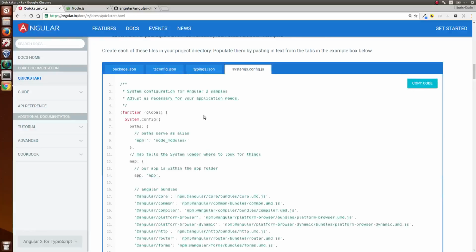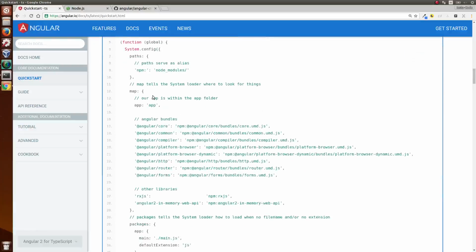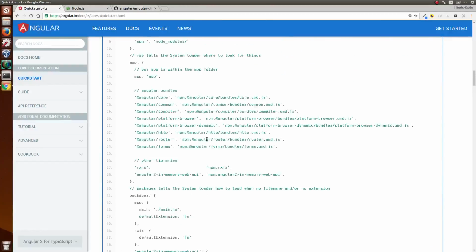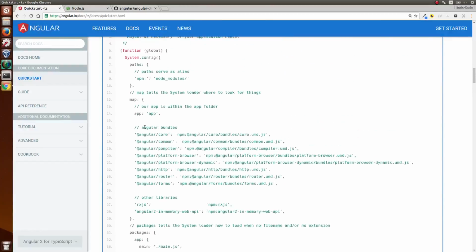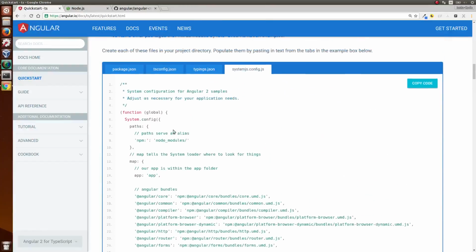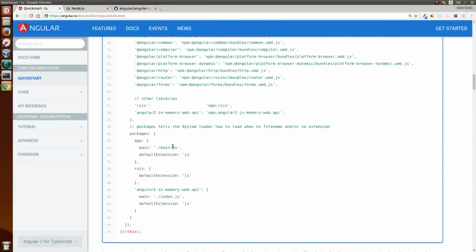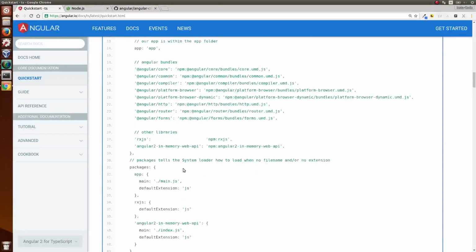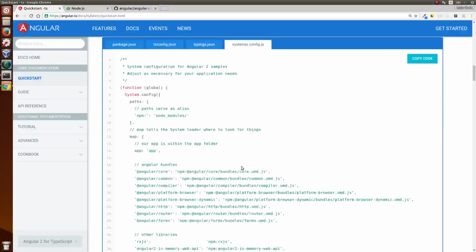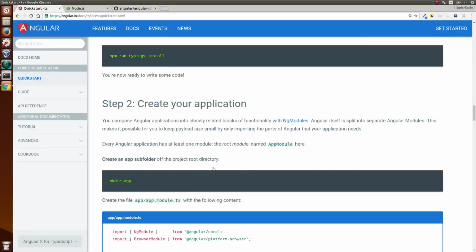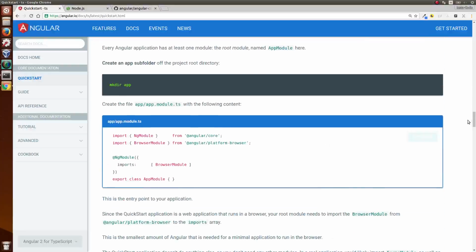Also tsconfig, this is basically saying where we can import other libraries and modules from, and also when it compiles the TypeScript files, where it's going to place them. Okay, so you can set that up yourself if you want. I'm going to use the Angular CLI, and basically you just have to go through here, read all this, set this up,